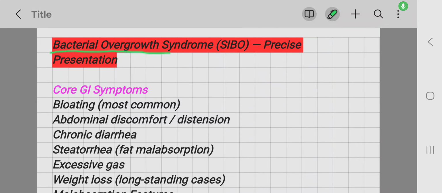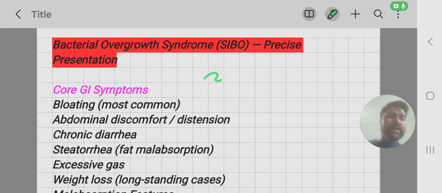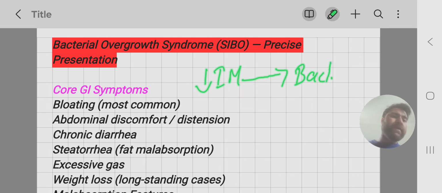I will discuss bacterial overgrowth syndrome. In bacterial overgrowth syndrome, there is decreased intestinal motility. Due to this decreased intestinal motility, the bacteria grow in number in the small intestine, and when they grow in number,